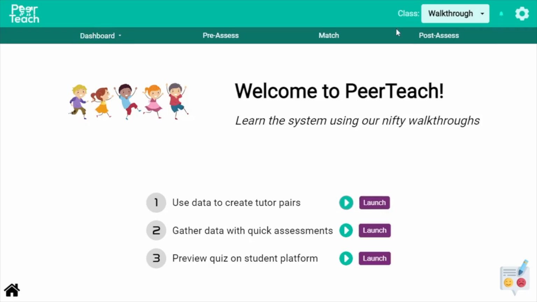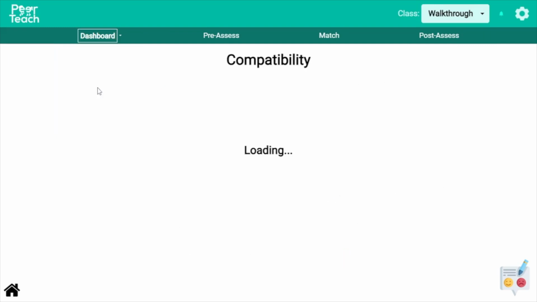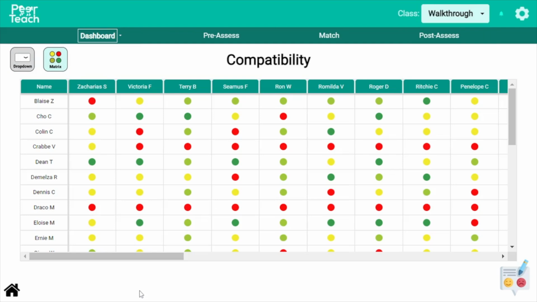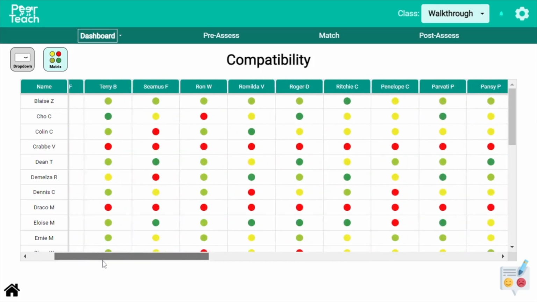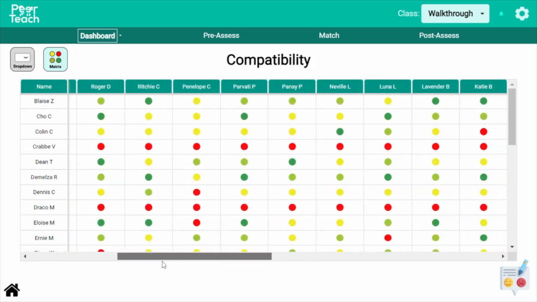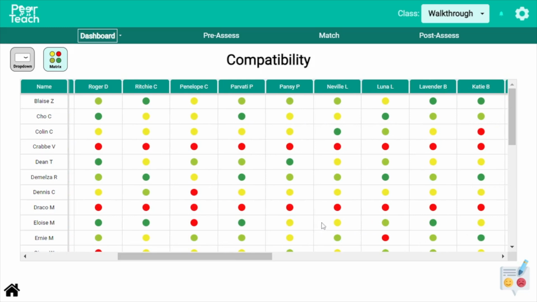Okay, let's review the compatibility data that your students submitted. Go to one of your classes, click Dashboard, then Compatibility, and finally Matrix in the top left. There are 2 questions to ask yourself on this screen. First, are there any students whose compatibility with peers are entirely red? That student may have submitted red for all of their classmates without understanding the implications. Feel free to find a few peers who you know they work well with and change the rating from red